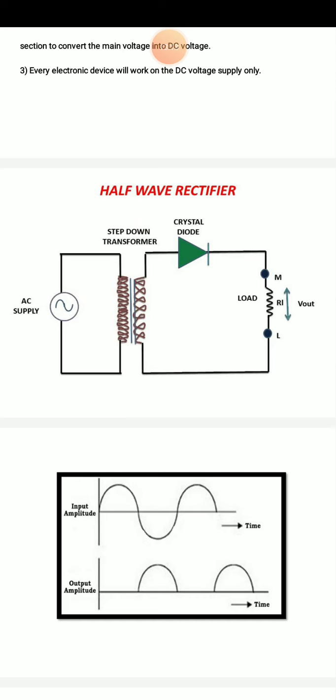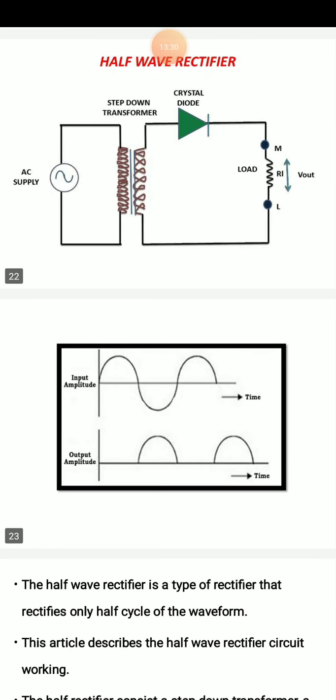So for that purpose we are using this step down transformer here, and from that the crystal diodes receive the voltage or energy, and next it goes through the load. This is the basic circuit diagram. The same you can see